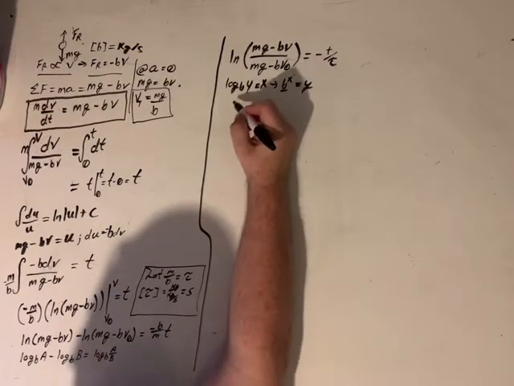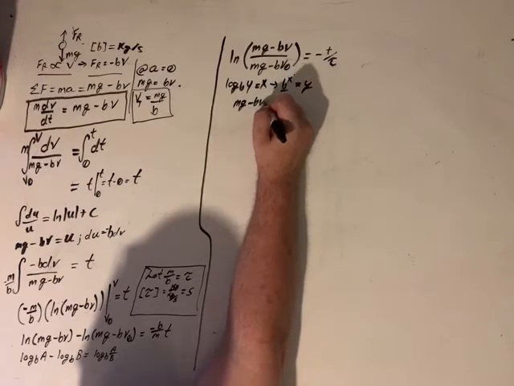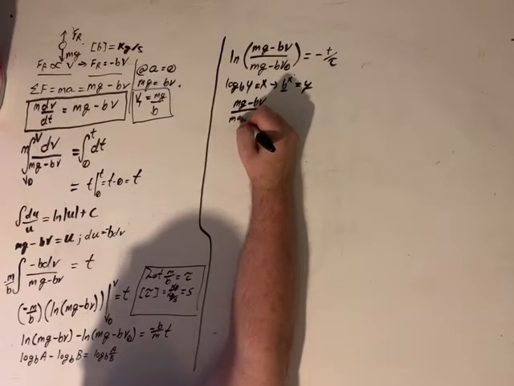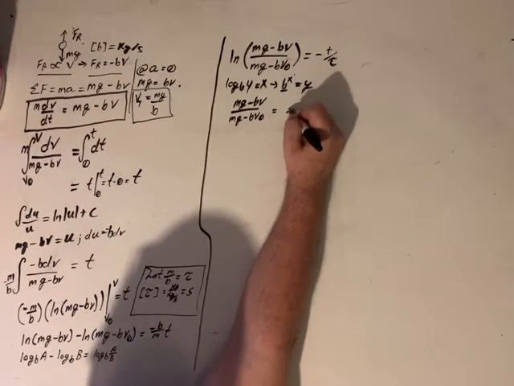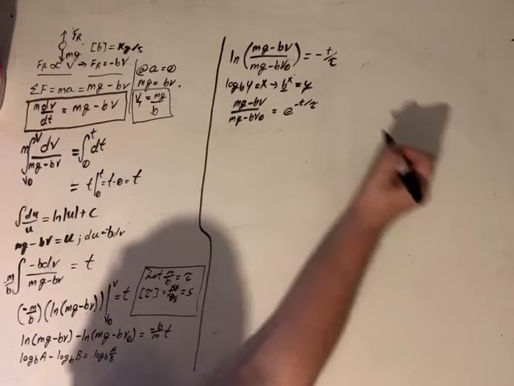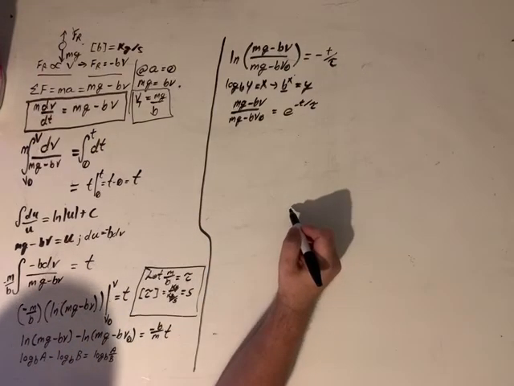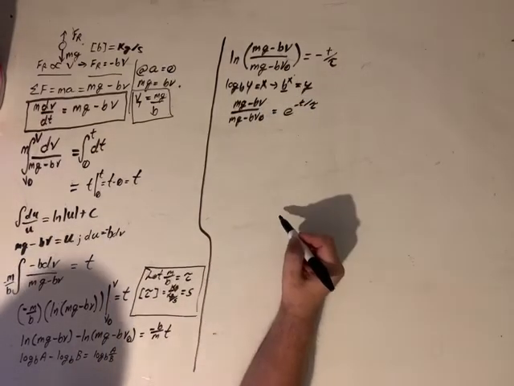So this lets me say that mg minus bv over mg minus b v sub 0 equals e to the negative t over tau. Now it's a matter of separating this out, solving for v,